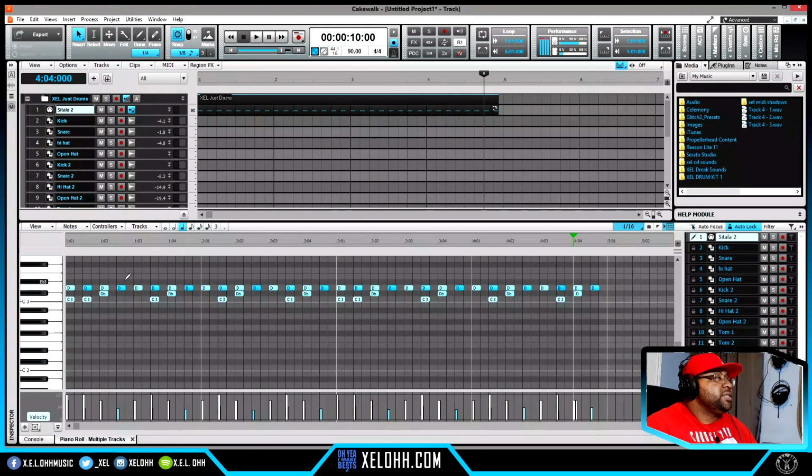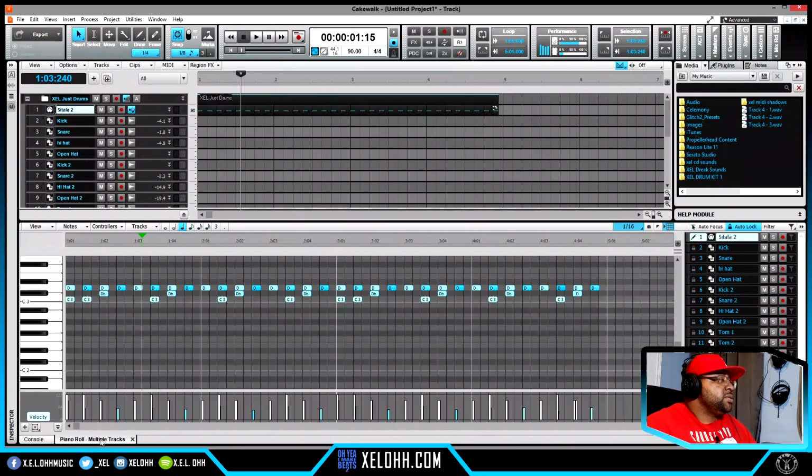And if you wanted to add extra things in here, you can add another hat. If you wanted to do that, you have that option in here as well. So let's say that you wanted to add more drums into the mix, but you don't want to do it in the piano roll, you still want to do it in the step sequencer. Or if you already have your drums laid out here in the piano roll and you want to actually do it inside of the step sequencer,